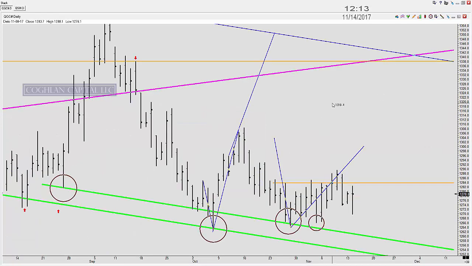Let's go and look at the daily chart. And by the way, I apologize if I'm just flying through charts at 100 miles an hour. But as I said at the beginning of the webinar, I'm doing this as a regular members webinar. Most of you that are members have seen these charts every single day, and all of this is very, very familiar. For those of you that haven't done that,